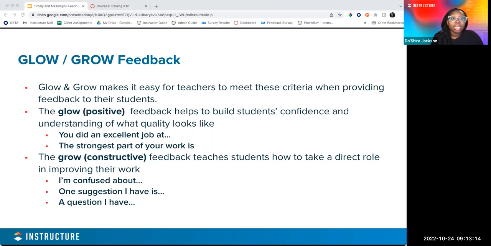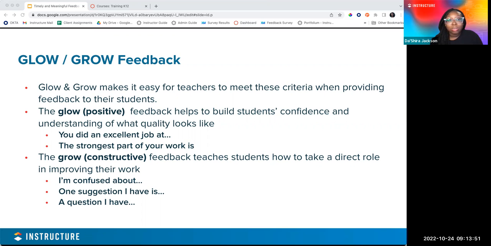This link has some glow and grow sentence starters. Now, this is geared towards elementary, but they're still really great sentence structures for you to start that glow and grow feedback process. You also can absolutely use this inside of discussions, as a guidance for your students to understand how to provide feedback and how to construct it in a way that is helpful, consistent, actionable, all of those things that we talked about that feedback should be.